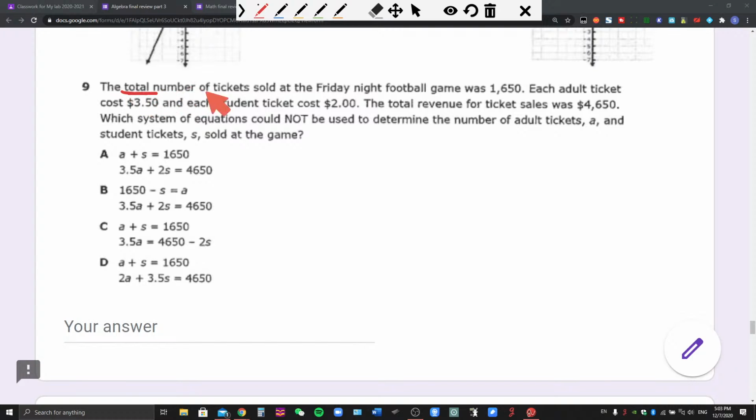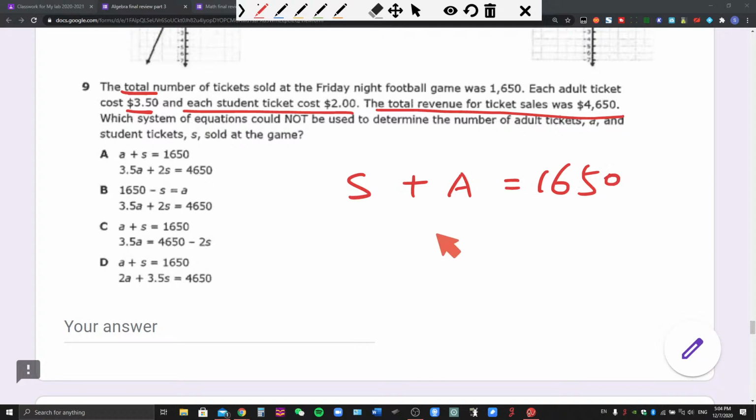Each adult ticket and each student ticket cost, I think we did that. Let's quickly do this again. The total tells you student tickets plus adult tickets. The total number of tickets is